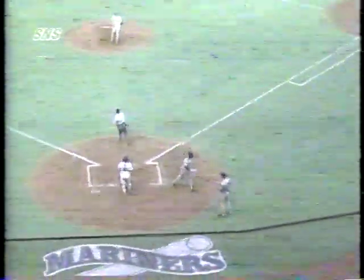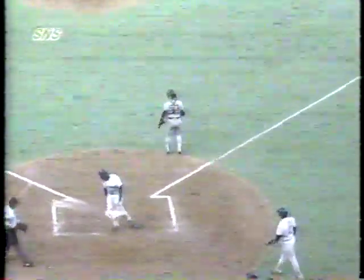But in the bottom of the frame, Tracy Jones would bring the Mariners back to a 3-3 tie. He will double just fair down the third base line, scoring on the play Harold Reynolds and Ken Griffey Jr. RBIs 23 and 24 for Jones. The Mariners would take their first lead of the game 2 innings later, bottom of the fifth, and it's Griffey